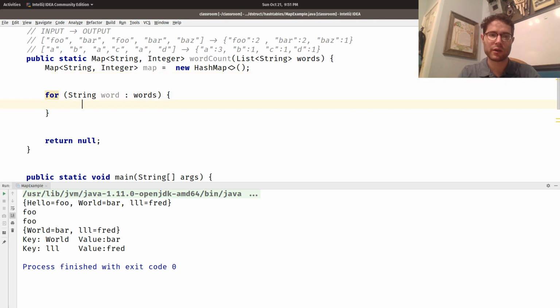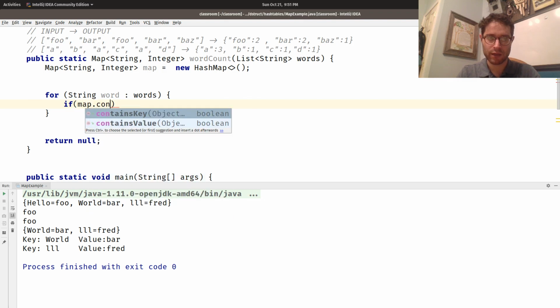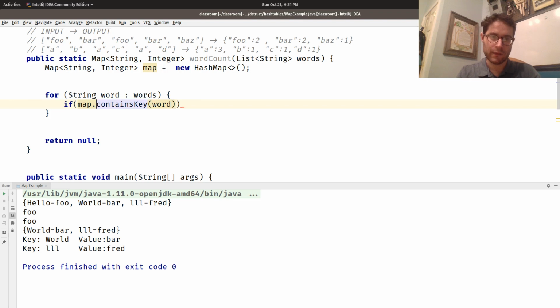So for each word, let's go ahead and just assume that I have not seen this word yet. So if map dot contains key word, that will return true if I've seen the key. If the key's in this map. Have I seen this word before? If this returns true, then yes, I have. So I'm going to assume I haven't seen this before. So if this does not contain the word,